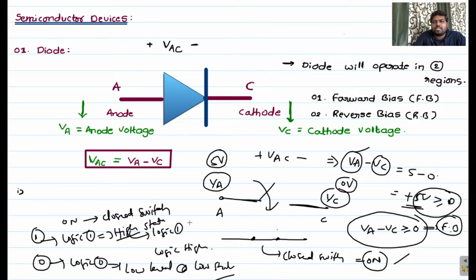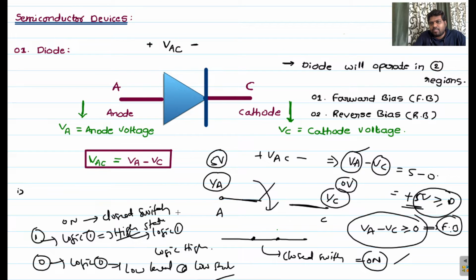So in our digital electronics we have only two levels, and that's why we consider two levels for that particular semiconductor device, whether it is a diode, BJT, FET, or any other device. We should focus only on the on region and off region. On region should be considered as logic 1, otherwise high state, and off region should be considered as logic 0 and logic low, otherwise active low.